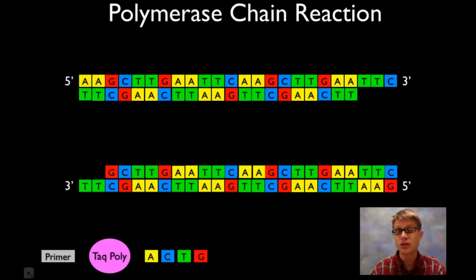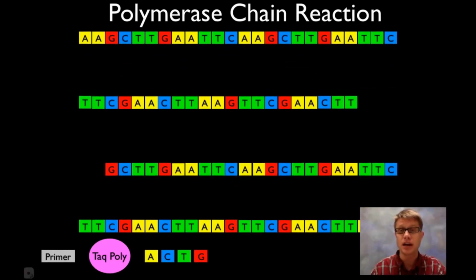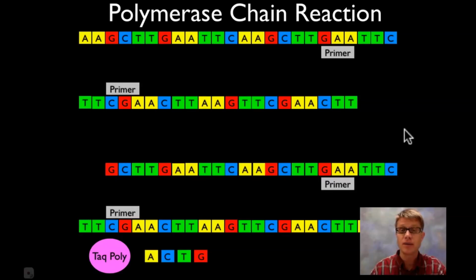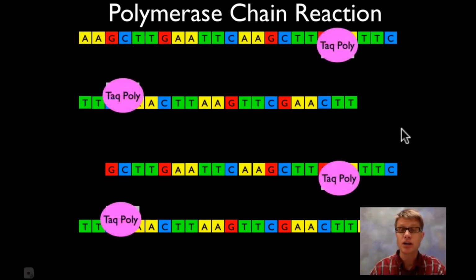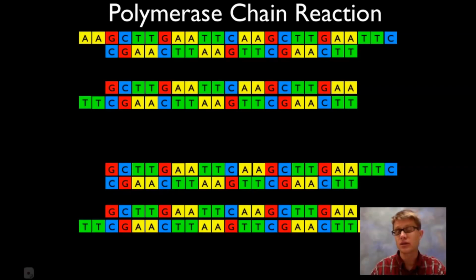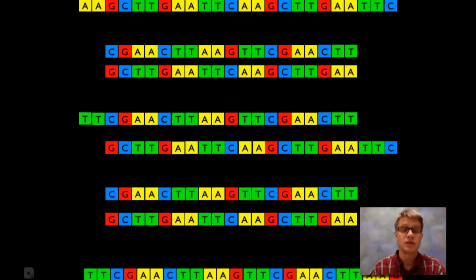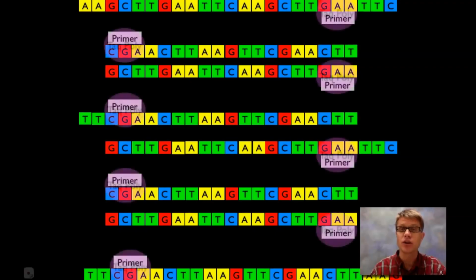So the PCR machine will cycle. It'll again heat up the DNA, so it unzips those hydrogen bonds. We're going to add primer on either side. Taq polymerase is going to grab on, and as it races down, we're going to produce complementary sides. And again, heat it up, we're going to unzip the sides, the primer is added on, Taq polymerase on, and